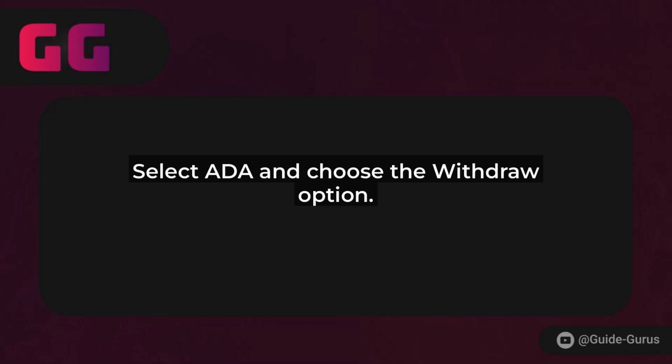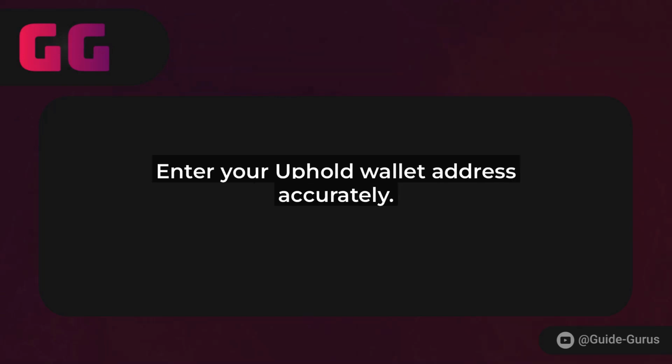Next, you'll need to specify the amount you want to transfer. Enter the exact figure, keeping in mind any minimum withdrawal limits Revolut might have, and review the estimated network fees. These fees can vary based on blockchain congestion, so it's smart to check them beforehand. Once everything looks good, hit Confirm to initiate the transaction. You'll get a confirmation code or email. Save that for your records.